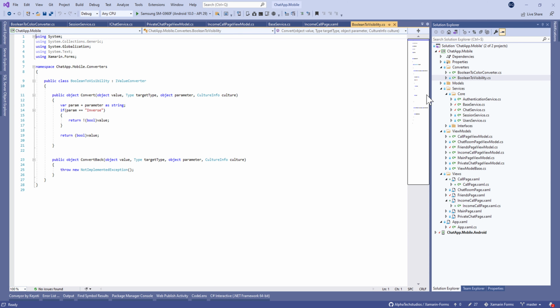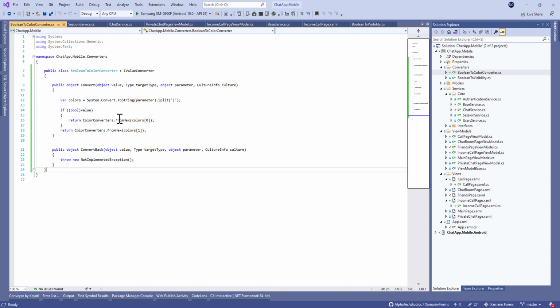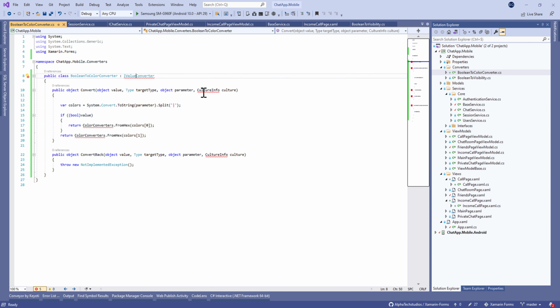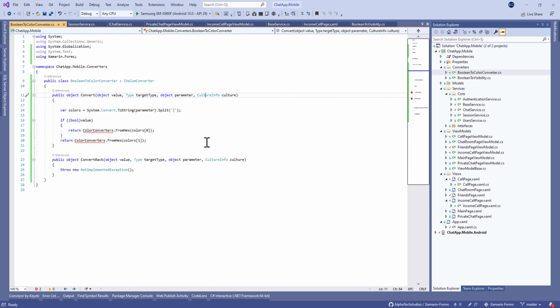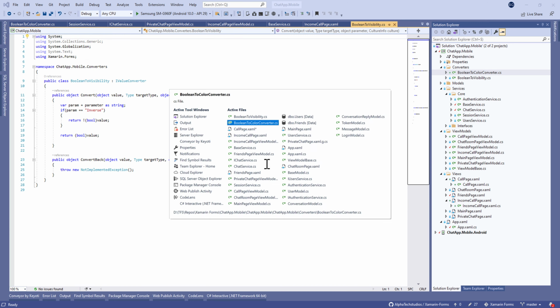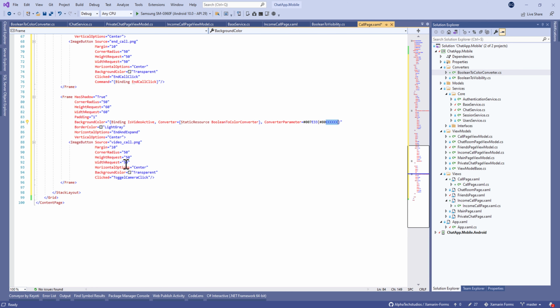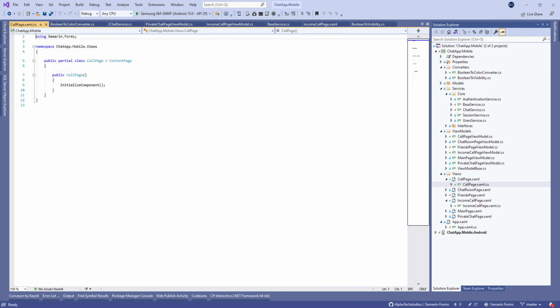So we need to make a converter, Boolean to color converter. When you toggle or not the camera, for example, the background color will be, for example, green or gray. And now we need to define the code behind of the call page XAML page. So we need to define